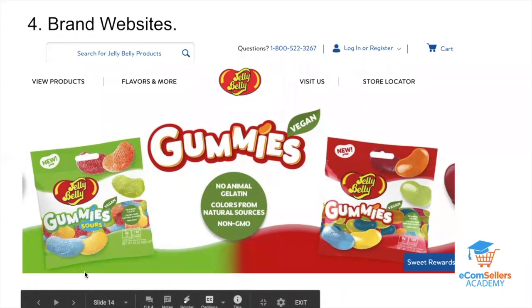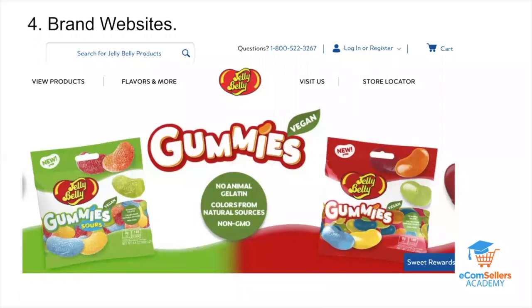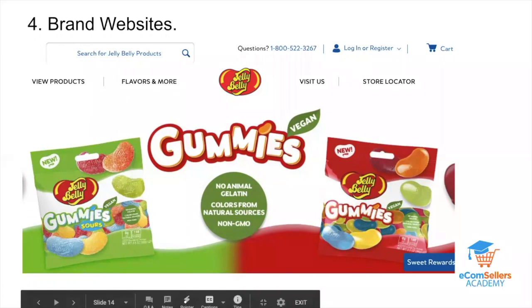And a lot of sites now, it's to the point where you don't even have to call a lot of times at first. You can go right from the website. You can fill in all of your information if you have your business info there. And a lot of times they'll approve you immediately if you have everything there. So it's a little bit easier now. So that's the brand websites.